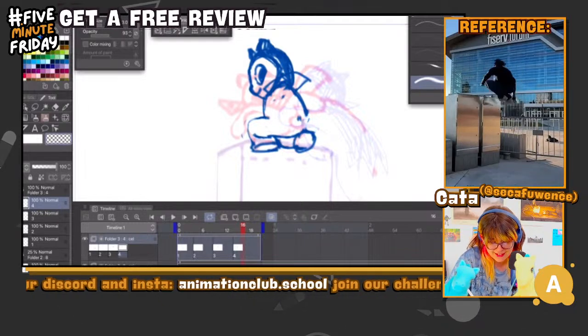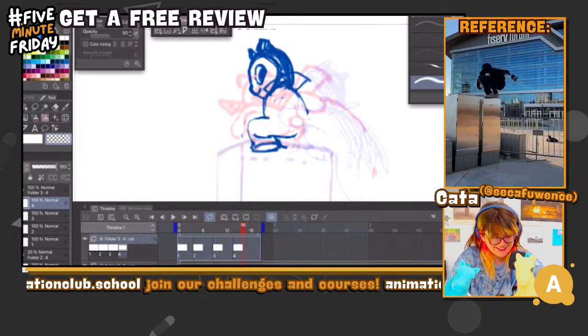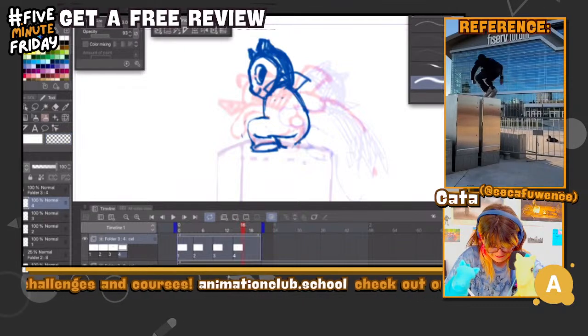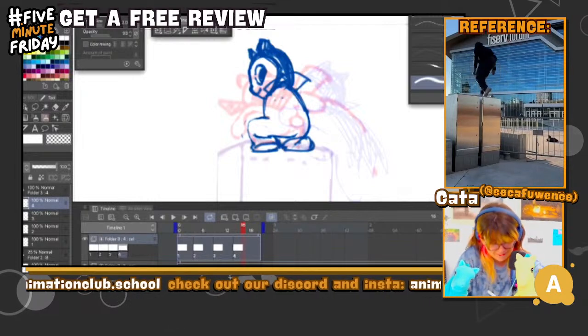Especially again, the tail and the leg. You saw how similar they were in terms of size. Maybe like